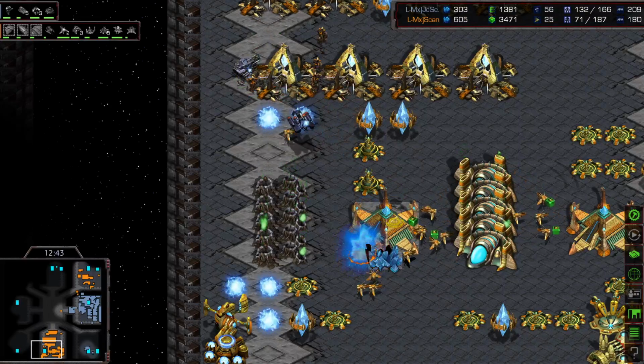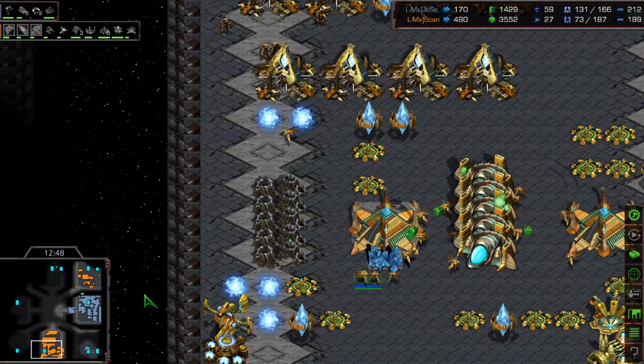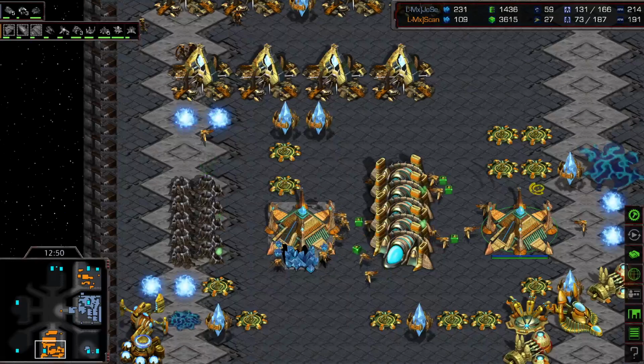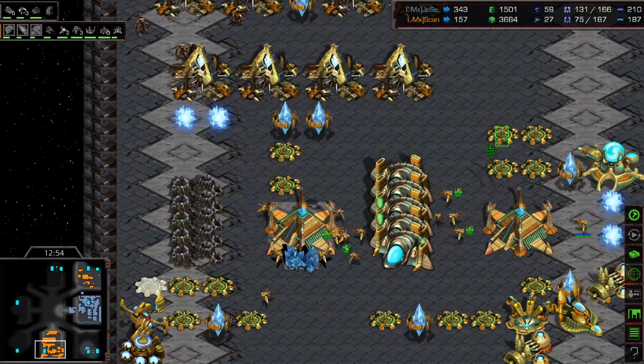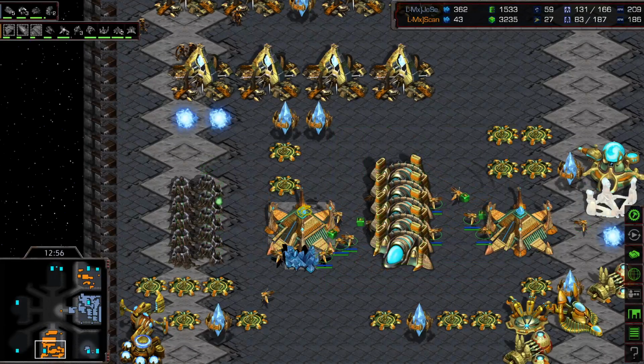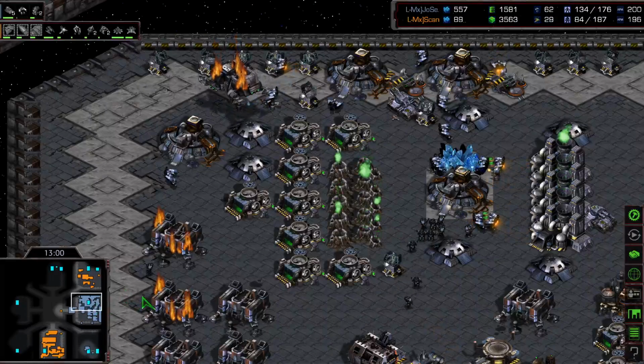unfortunately. And he's going to get that left side, so he got a huge hit on the probes, and now I'm guessing another command or another Nexus is going to need to get made from Scan. He needs to take all of these probes and just put them on his minerals. He's got way too much gas. So